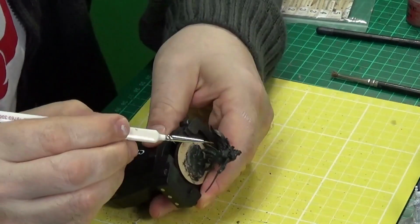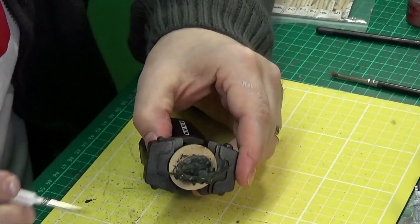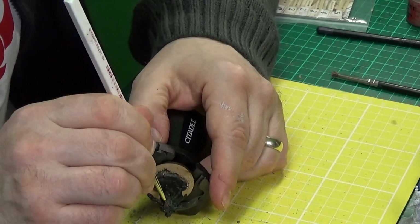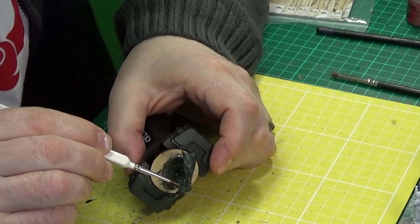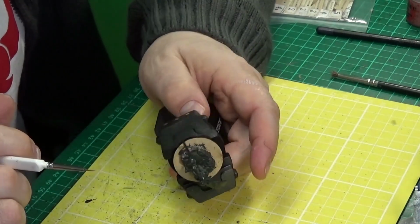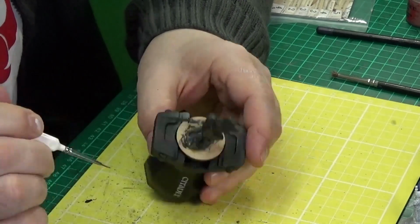Now I must apologise for this tutorial being all over the place, different camera angles and so on. I was kind of moving stuff around during the process of trying to get this tutorial filmed, and it wasn't very helpful, but I desperately wanted to finish the tutorial and try to get it out there for you. Anyway,